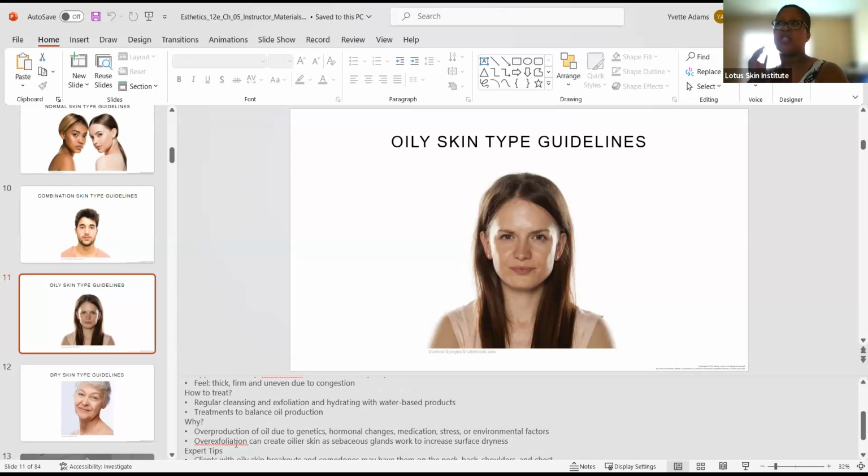So water-based products just feel like you put them on and then your skin is dry again. But with oil-based products, it brings that to balance. So always think water-based products when you're dealing with oily skin. Treatments to balance oil